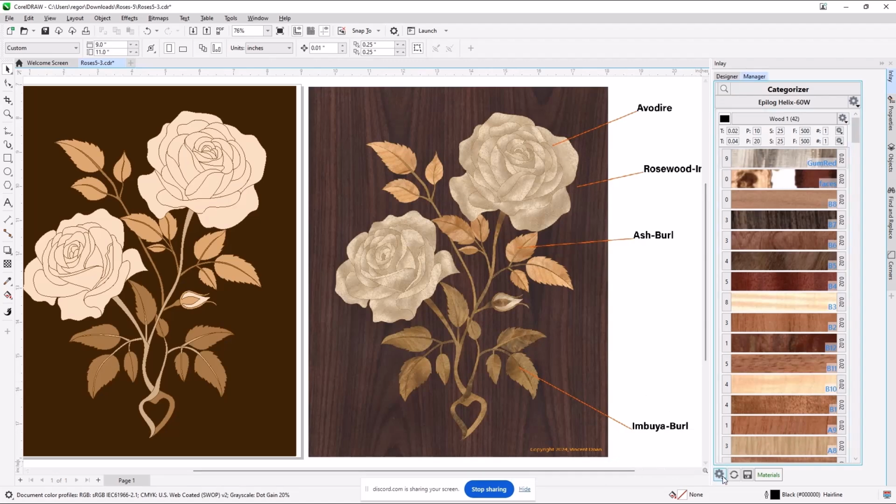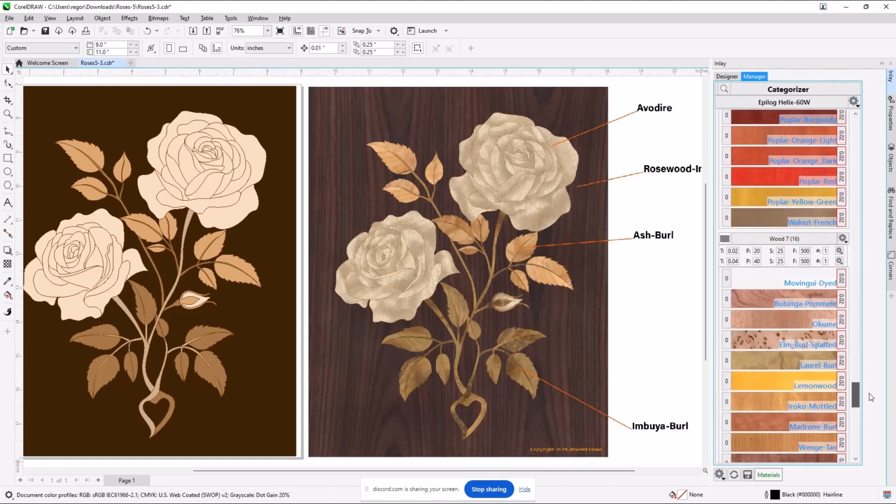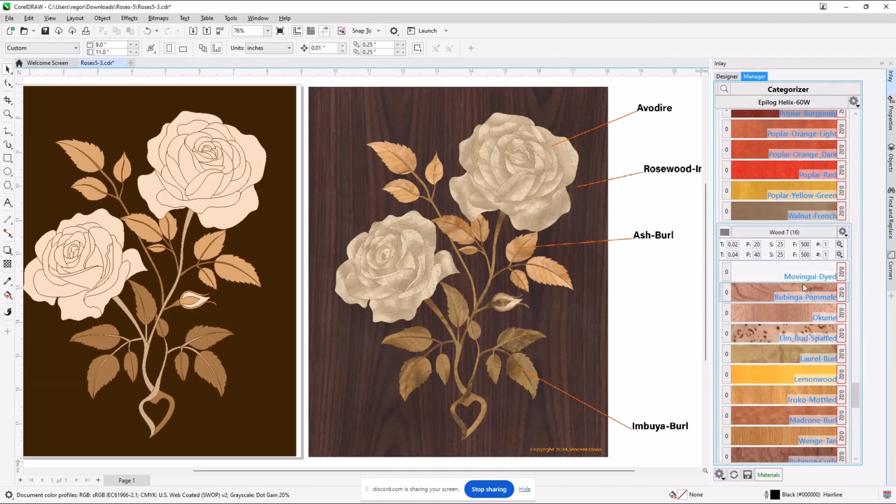The virtual material showing: Vincent has provided a library of veneers. You don't own that veneer, but you have the image of it. So you can actually design with different veneers that are in that virtual library of materials. And I'll show you what they look like in just a second here. They will be all red in this category. So I'm over here in the material manager. You see this slide bar here? The material that's in here just goes on and on and on and on. But all of these pictures are red. These are all the virtual materials.